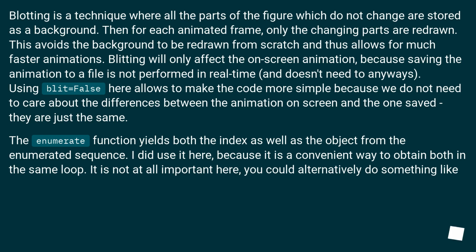Using blit equals false here allows to make the code simpler because we do not need to care about the differences between the animation on screen and the one saved. They are just the same. The enumerate function yields both the index as well as the object from the enumerated sequence. I did use it here because it is a convenient way to obtain both in the same loop. It is not at all important here. You could alternatively do something like